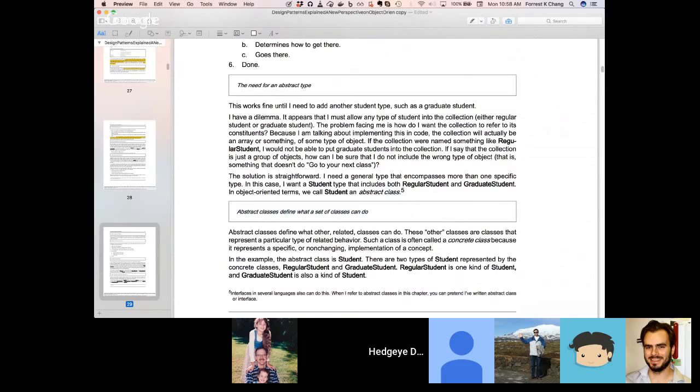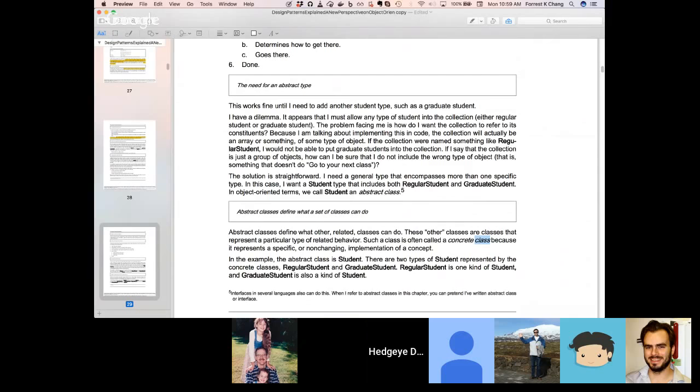It's the interface that we follow, which of course in Java we could actually have an interface. You can also, if I'm not mistaken, it's been a long time since I programmed a significant amount of Java, use abstract classes. If you can't do it in Java, you do that in C++. C++ certainly has abstract classes. So he talks about defining what other classes can do. This is really the interface. So a concrete class,